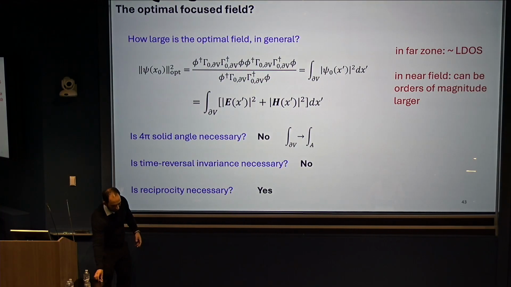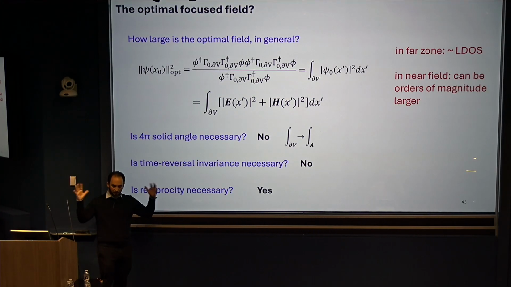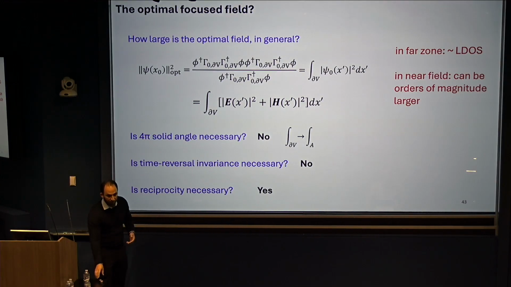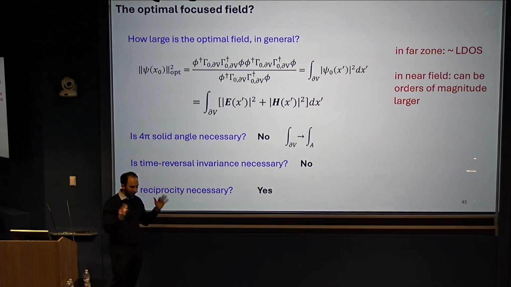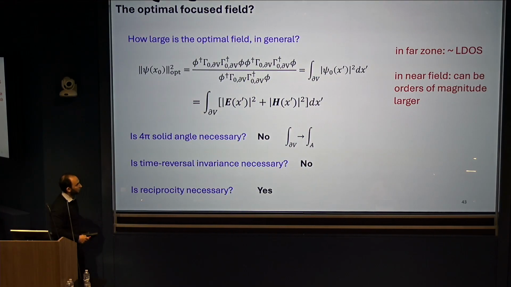But if the question you're asking is, suppose I have an aperture and I want to focus light. Should I put a dipole where I want to focus and measure the response out here to figure out what currents to do? Fundamentally, the process I'm doing there is I'm switching the source and receiver measurements. That is reciprocity. It's connected to time reversal invariance in some scenarios, but it's really a property of reciprocity that says this is the optimal procedure. And the optimal procedure is not exactly to time reverse the fluxes. It's to conjugate the fields so that by reciprocity there's interference when they meet back at the focal point.